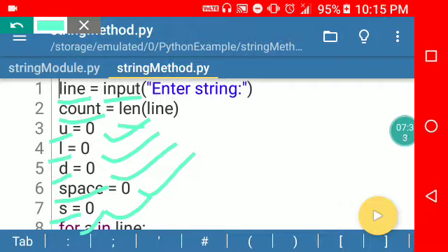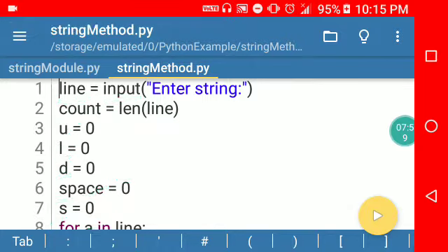It means when you run the program, it will ask you to write any string. The len function will count how many characters are used in a single line.